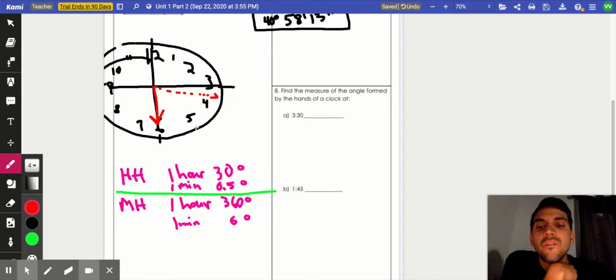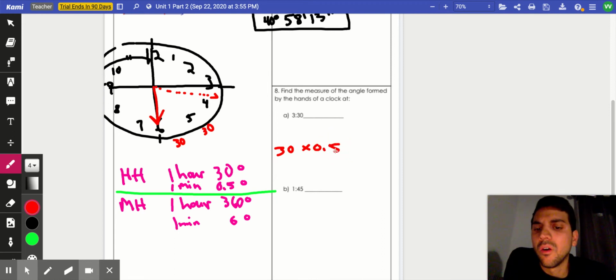So I'll tell you what, from 6 to 5, that's going to be 30 degrees. From 5 to 4, that's going to be another 30 degrees. And then we don't know what's going to happen between 3 and 4. So I'm basically telling you this is the small hand, the hour hand. For every hour, we said 30 degrees. For every minute, it's going to be 0.5. So how many minutes? 30 minutes, right? So you can multiply 30 times 0.5,